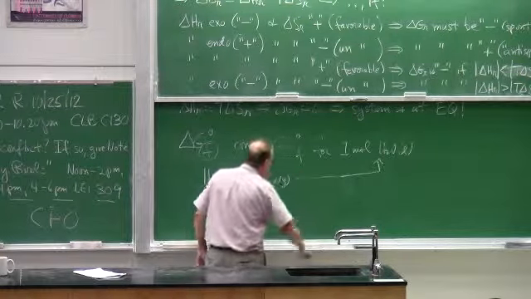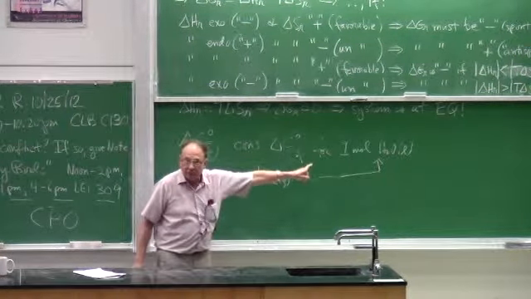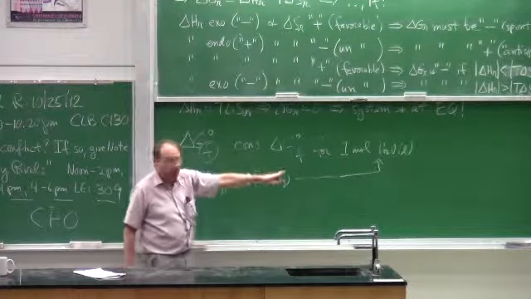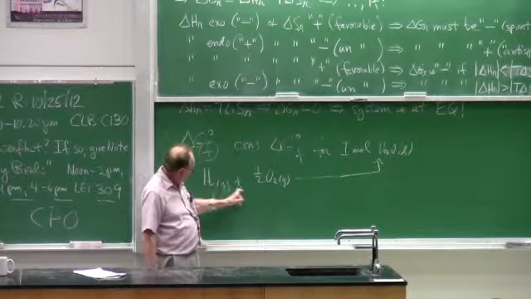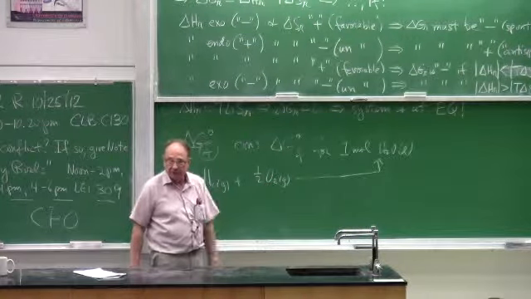So if by direct measurement I want to get delta G sub F super 0 for a mole of water liquid, then I've got to consider making a mole of water liquid from a mole of this stuff and a half a mole of this stuff. And nothing else will do.